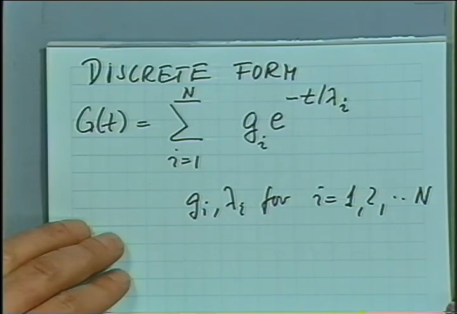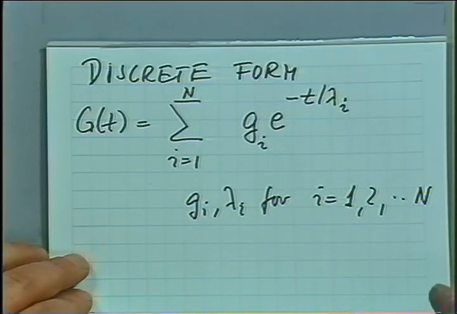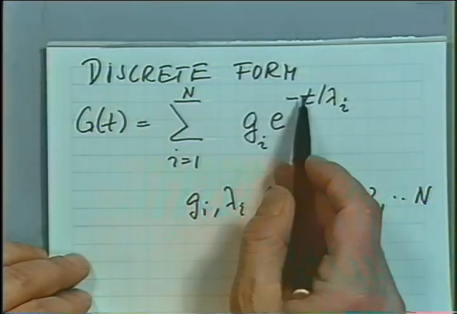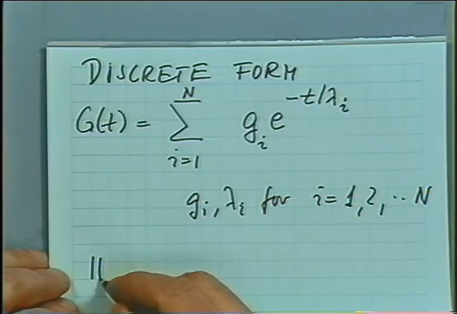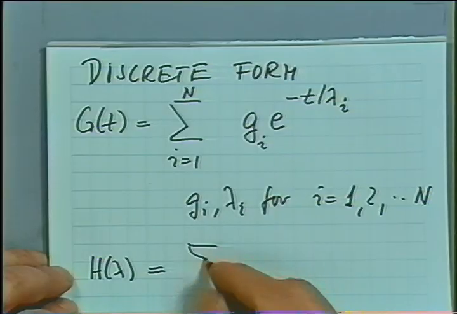For modeling calculations, it's enough to know the relaxation modulus. But very often we would like to know the relaxation spectrum. It's a long-standing problem to calculate and to determine the relaxation spectrum. Now, if we use the discrete form, then we automatically have the relaxation spectrum given in a discrete form, where